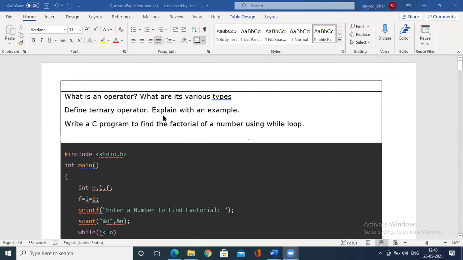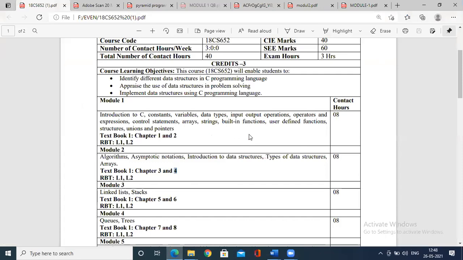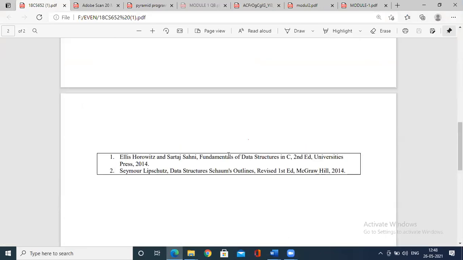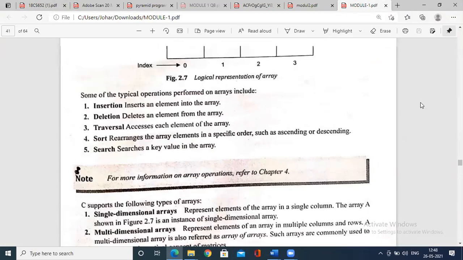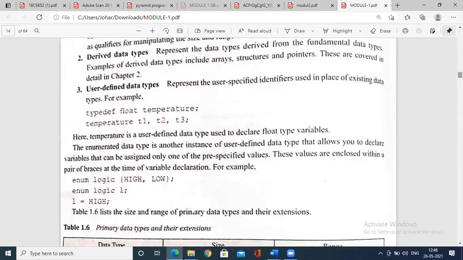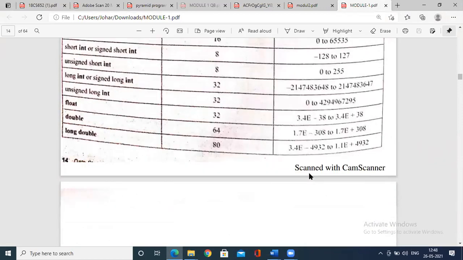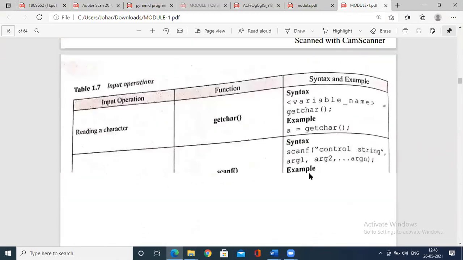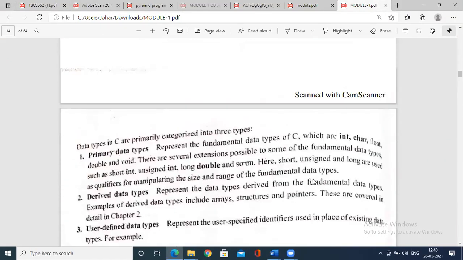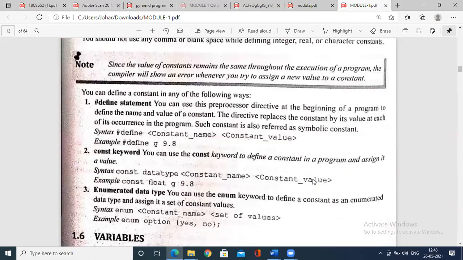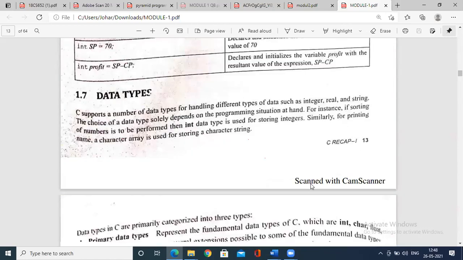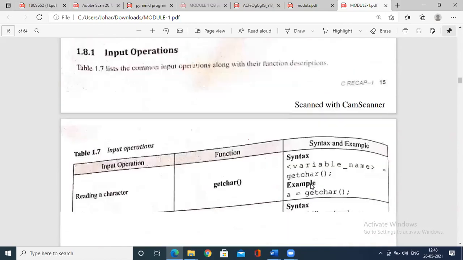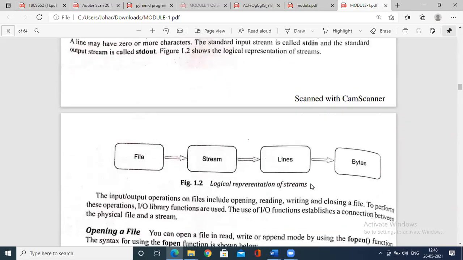The next question: what is a ternary operator? Explain with an example. First, what is an operator? There are many types of operators: arithmetic operator, relational operator, and so on. If you look at the kinds of operators we have here, there are arithmetic operators, relational operators, all those things.